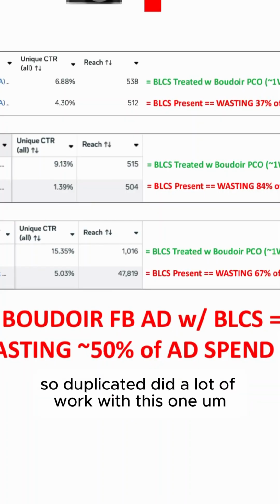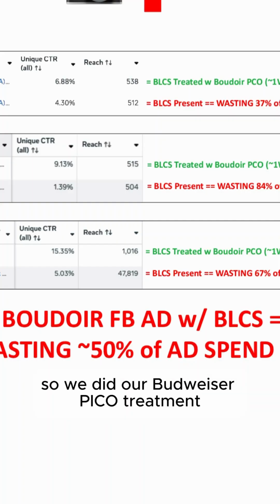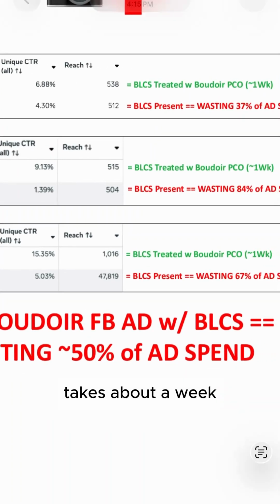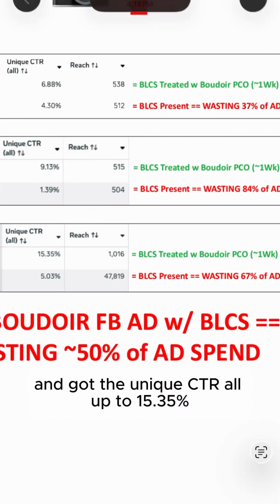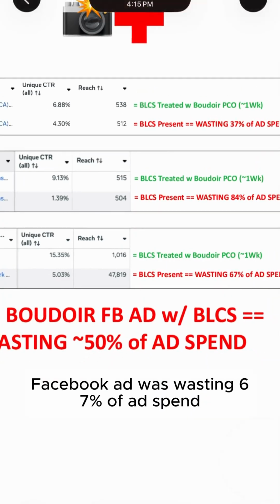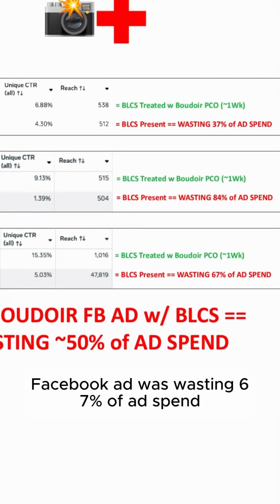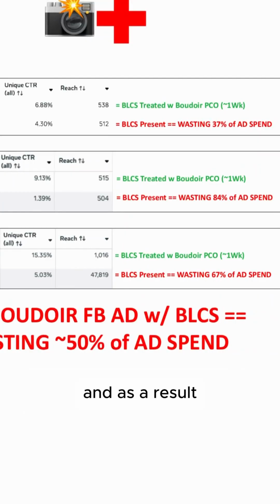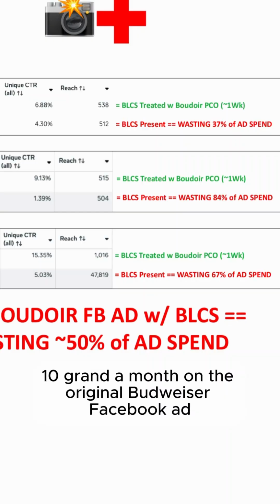So we duplicated it and did a lot of work with this one. We did our Boudoir Pico treatment, which takes about a week, and got the unique CTR all up to 15.35%. We found out the original Boudoir Facebook ad was wasting 67% of ad spend. And as a result, if you spend 10 grand a month on the original Boudoir Facebook ad,